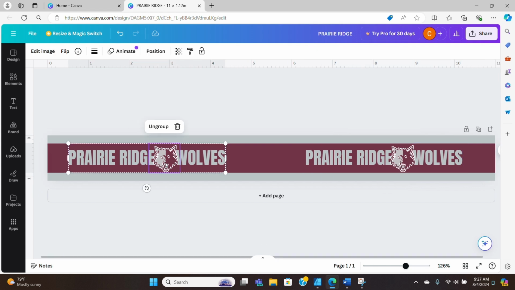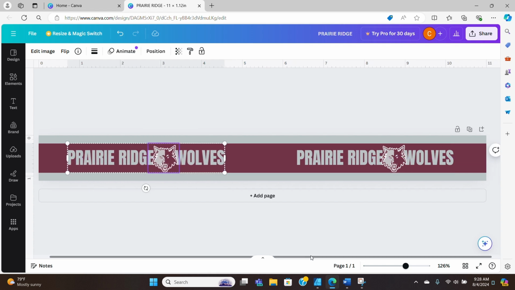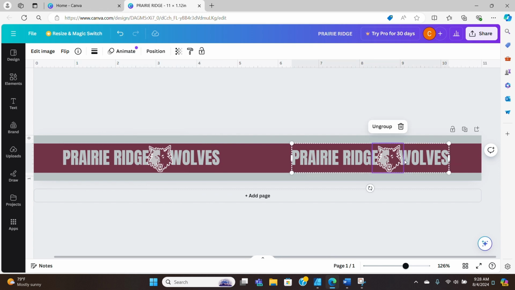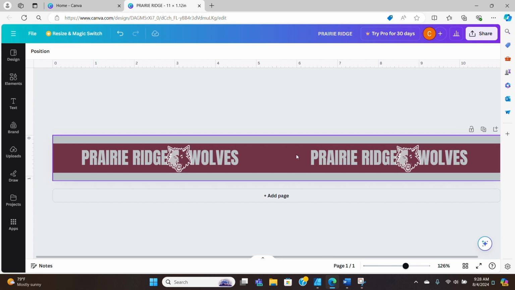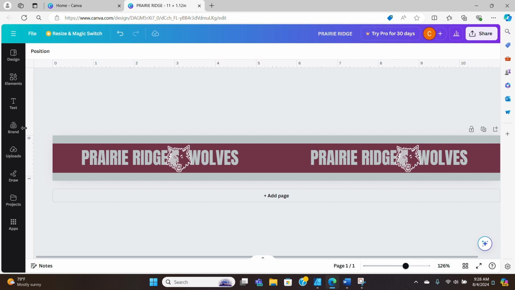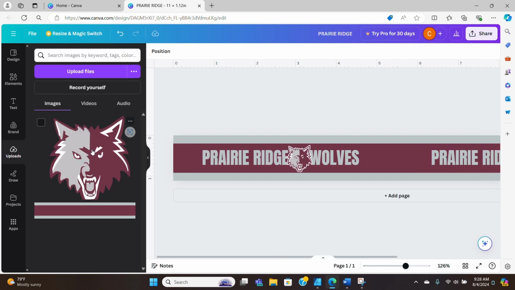And this is about 4 inches. So about 0.75 either direction would put us about centered on each side. So this is gonna come, oh, it's already in place. All right. There you go. If you wanted to, you could add an additional logo in the middle just to kind of